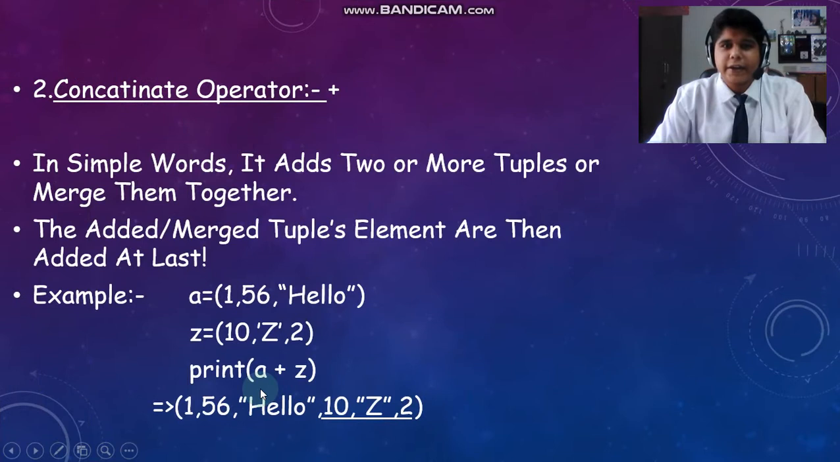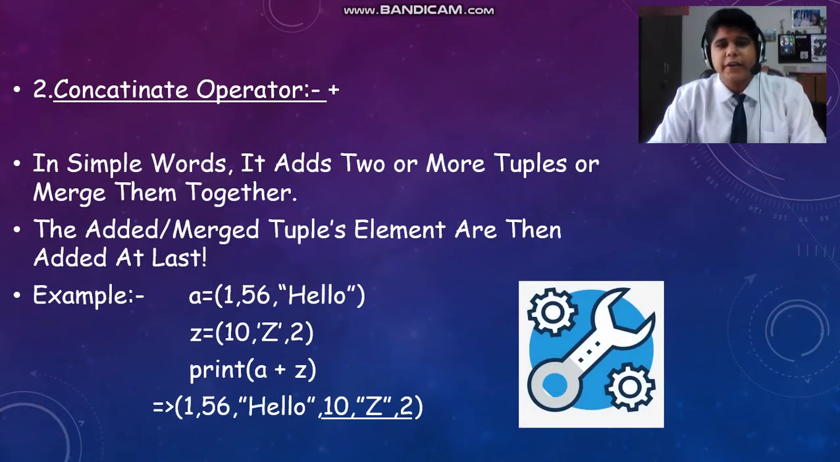Next we have the concatenate operator. In simple words, it adds two or more tuples or merges them together. The added or merged tuple elements are then added at last. For example, A is equal to 1, 56 and then hello. Z is equal to 10, capital Z and 2. Print A plus Z. Its output is 1 56 hello, then the elements of tuple Z, that is 10 capital Z